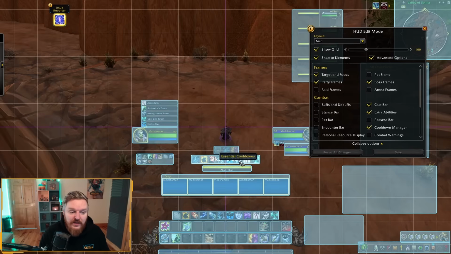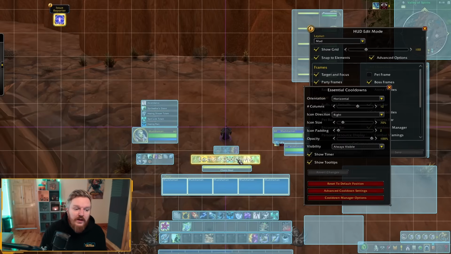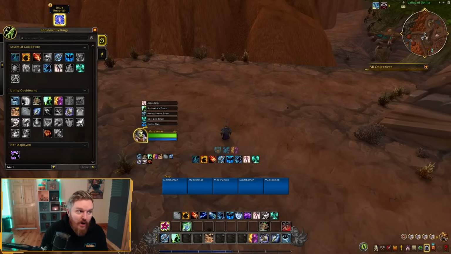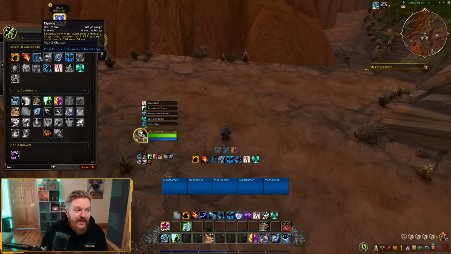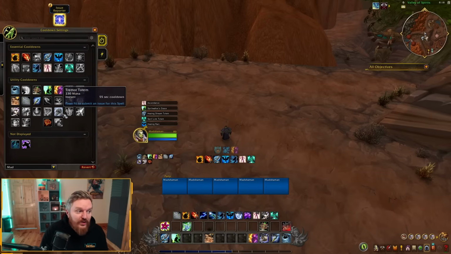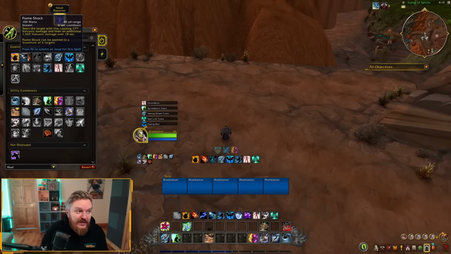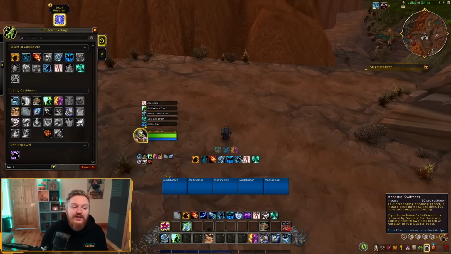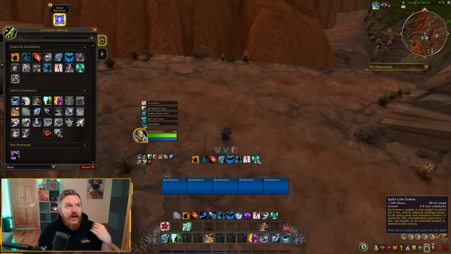You'll see track buffs. So if I go to essential cooldowns, and this is tracking my essential cooldowns, I can right click in terms of advanced cooldown settings, and you'll see here options for essential cooldowns in terms of, hey, I want to move my Flame Shock right here. Maybe I don't want Riptide at all. I can remove it from bar. If I want to add it back up, you can see here not displayed. I can just move it. It's basically drag and drop options, and I think that's actually pretty good in terms of new players coming into World of Warcraft and doing it for the first time.